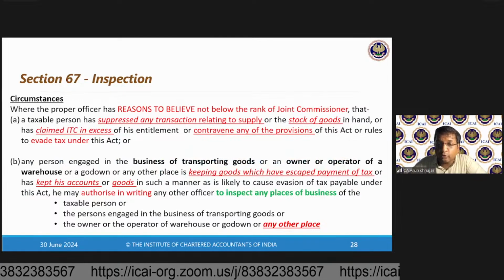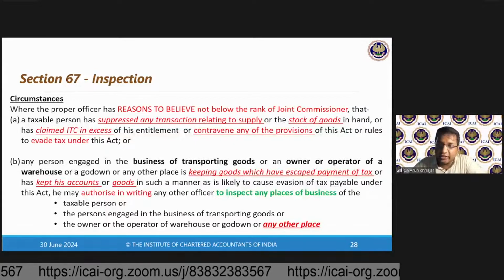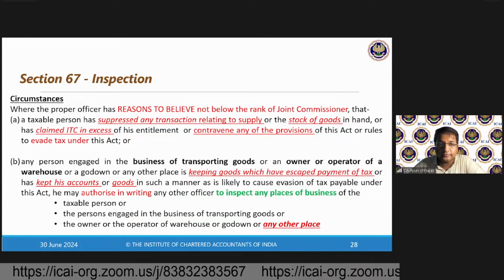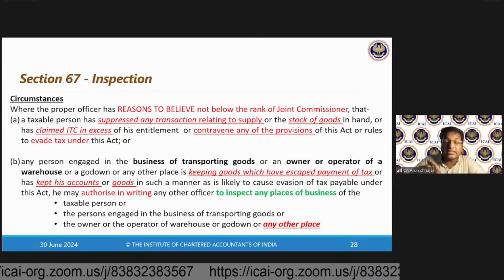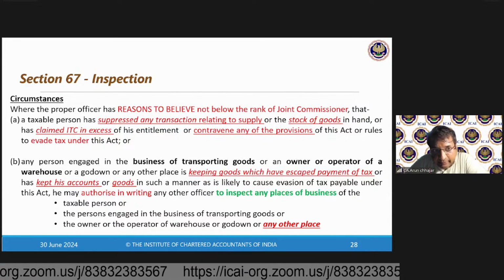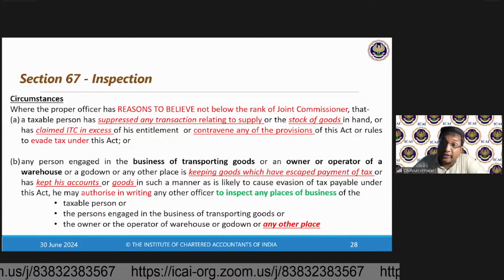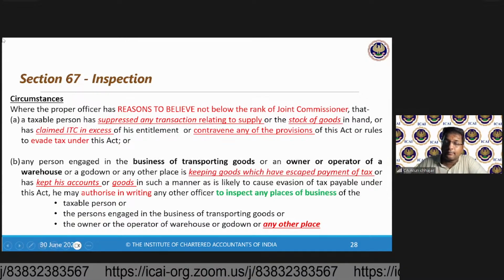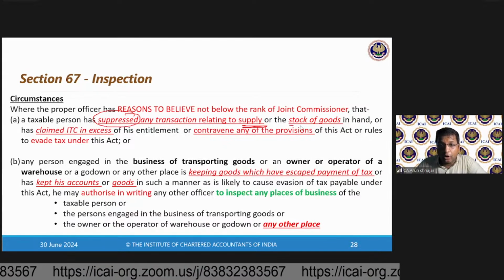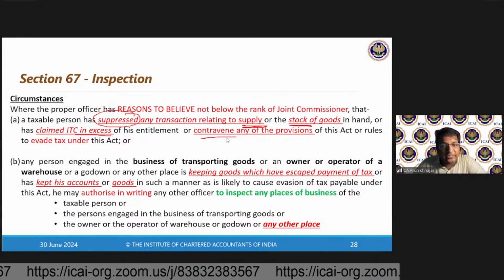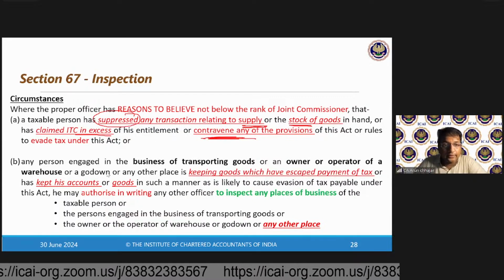Where the proper officer, not below the rank of Joint Commissioner, has reason to believe that a taxable person has suppressed any transaction relating to the supply or the stock, or claimed ITC in excess of his entitlement, or contravened any of the provisions of this Act or the rules to evade tax,